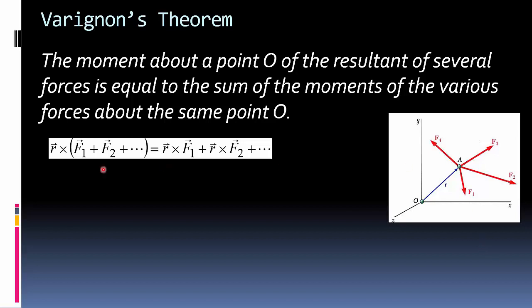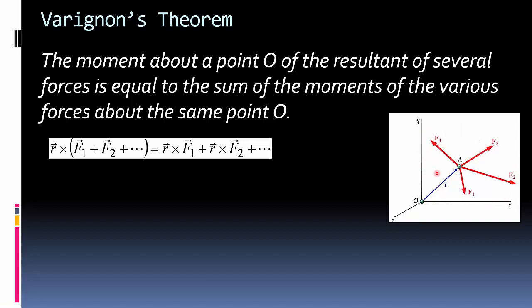That the moment, so if you do r cross (F1 plus F2 plus F3) and so on, it is the same thing as just saying r cross F1 plus r cross F2 and so on. So here we have this point A. You have, in this case, 4 forces acting on this. The moment about the point O of these 4 forces, you can either do r cross F1 plus r cross F2 plus r cross F3 plus r cross F4,